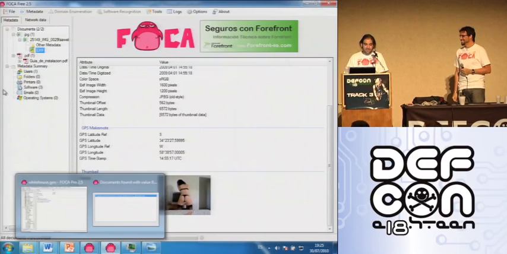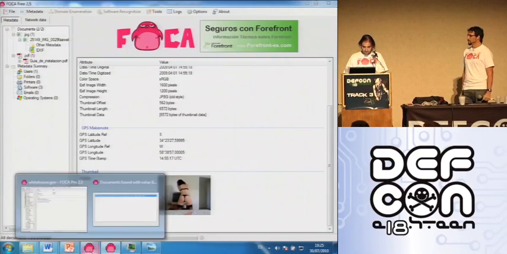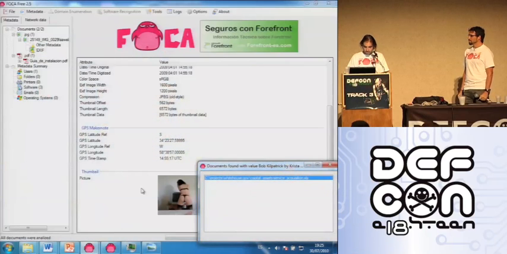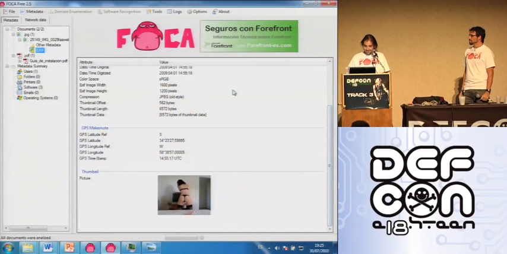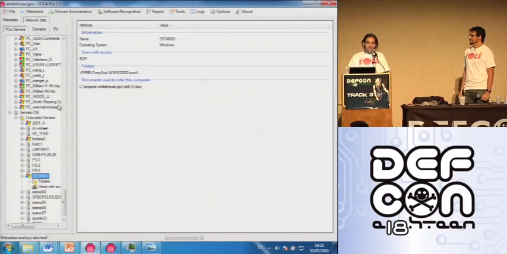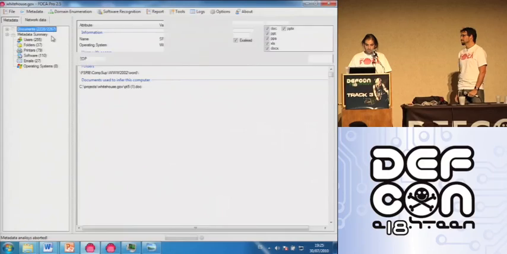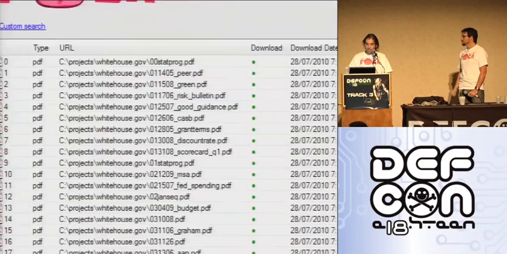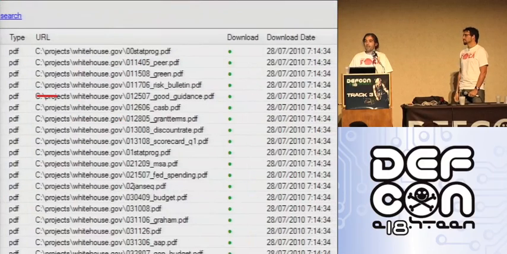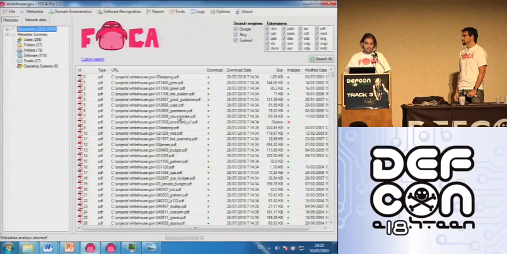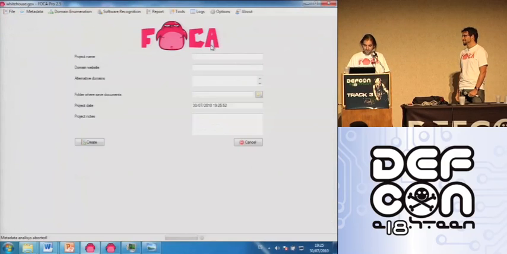Well, let's do a quick demo with the White House. This is the demo that we did before with the metadata extracting from the documents. As you can see, all documents are locally stored, so it's on my laptop. I'm gonna delete everything after this talk, and we are going to create a new project with the White